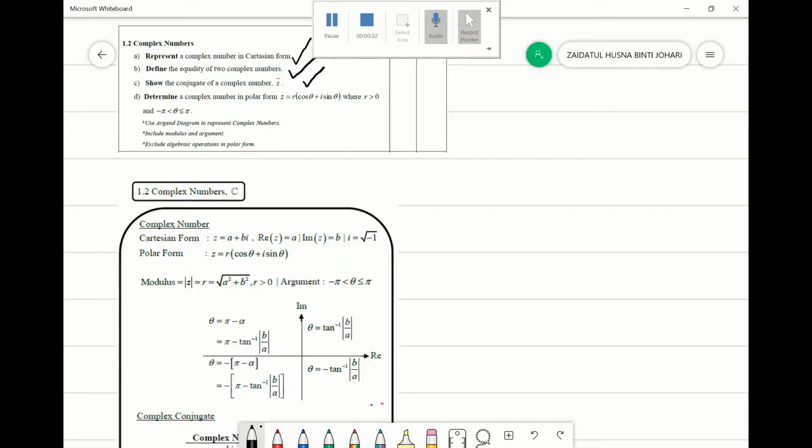So today I'm going to show you how to determine a complex number in polar form. So first things first,